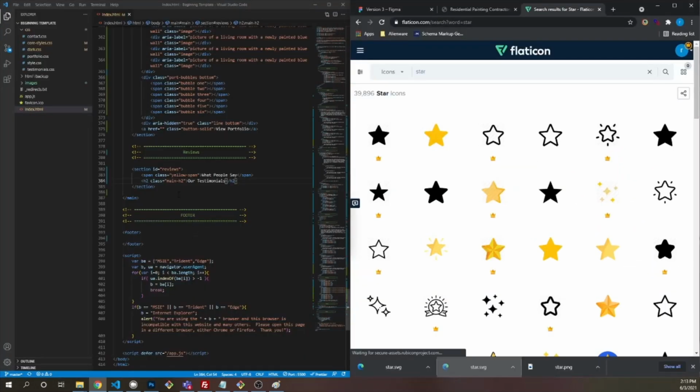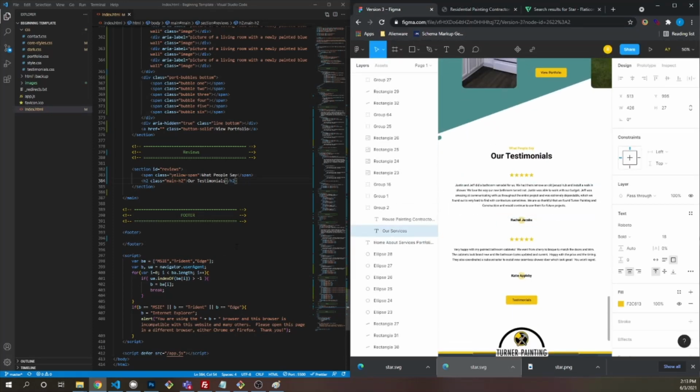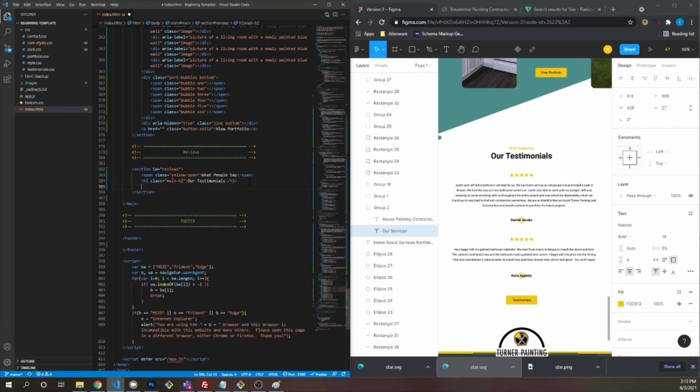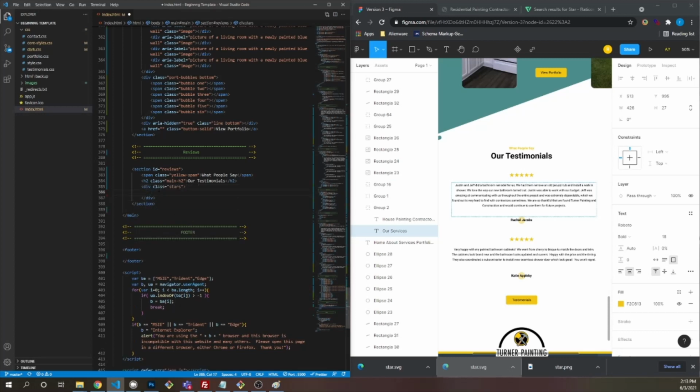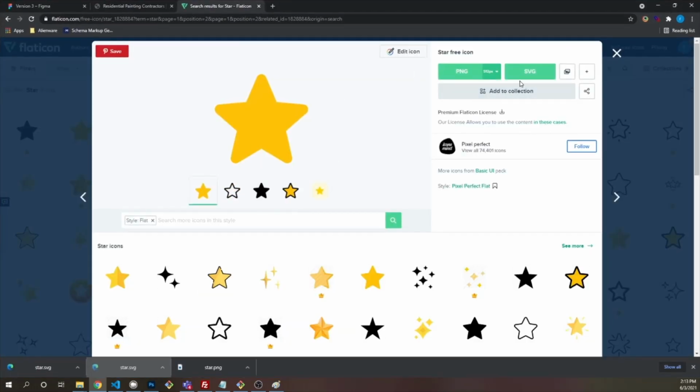All right. So then we're going to add the stars. H2. So this is going to be the only thing that needs a container because they have to be grouped together. So we're going to do a div that's all stars, and I'm thinking I don't want to have like 5 image tags. Those are all going to be HTTP requests. So I'll show you what it looks like. So when we download this SVG,